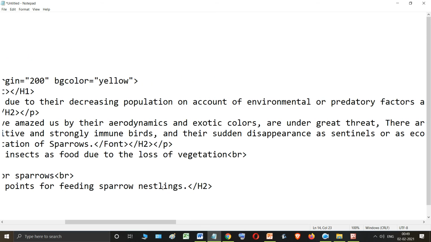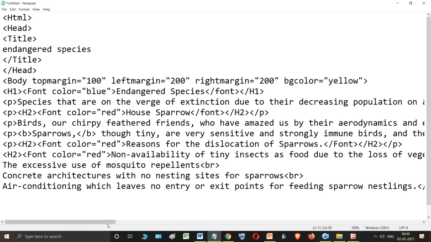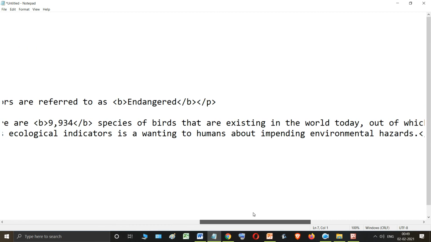So H2 is closed. Now I need to close the font tag over here, and we are done. Now the only thing to be closed is the body tag and HTML tag, okay?